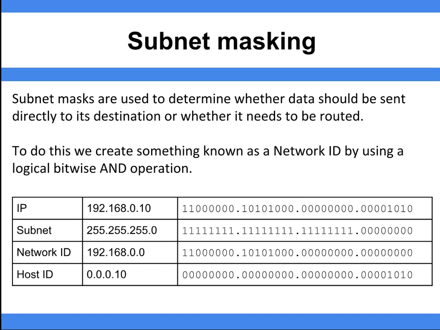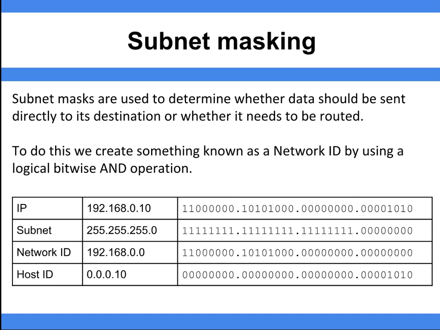So an IP address, a really common one in a home network, would be 192.168.0.10. And a subnet mask could look something like 255.255.255.0. Now, what we do with these is we can combine them together to create something called a network ID. We can also derive the host ID from this result as well, but we're really interested in network IDs at this point. The way we get that is by applying a logical bitwise AND operation to the IP and the